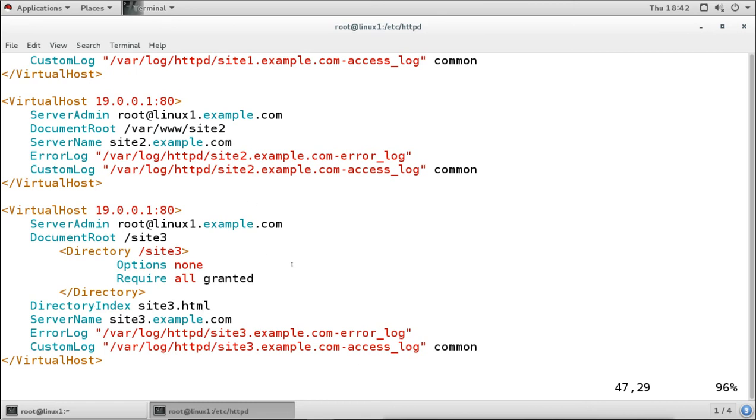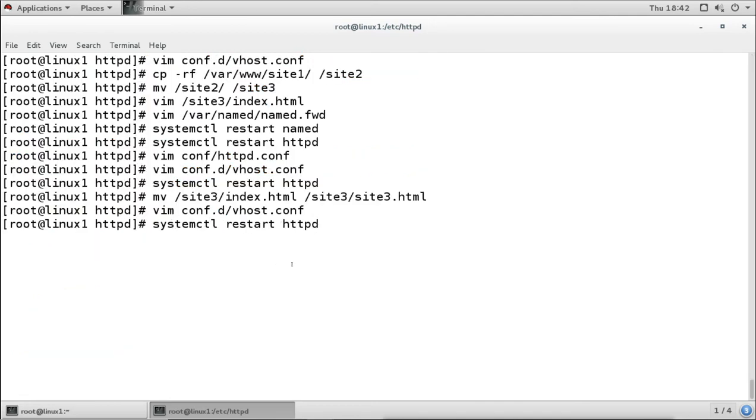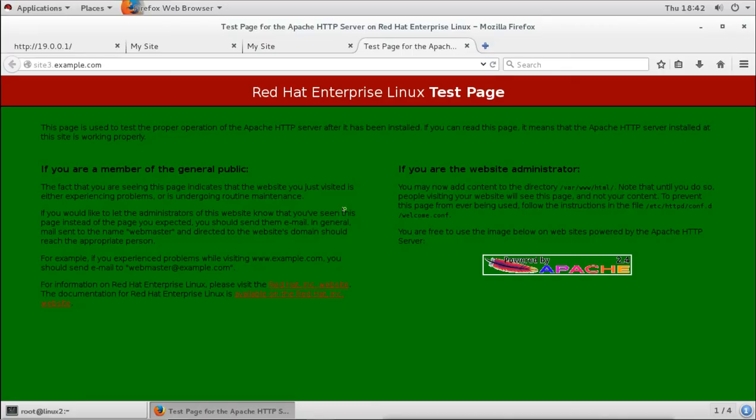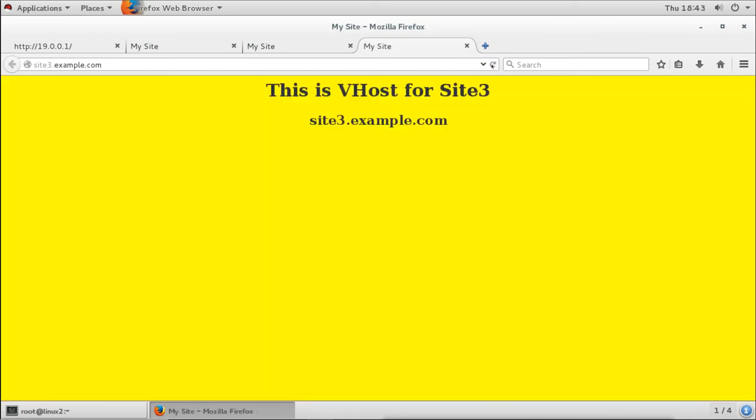Now we did changes here, so we'll restart the services and then verify it from the client side. Now again I will refresh, and now again we can see the site. So this is how we can create multiple sites with name-based virtual hosts.